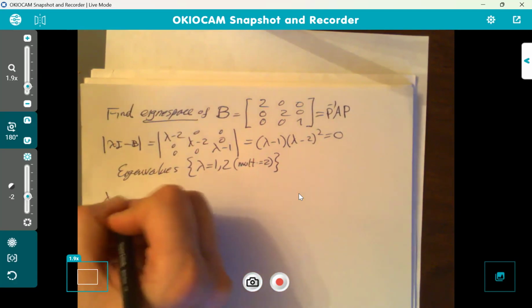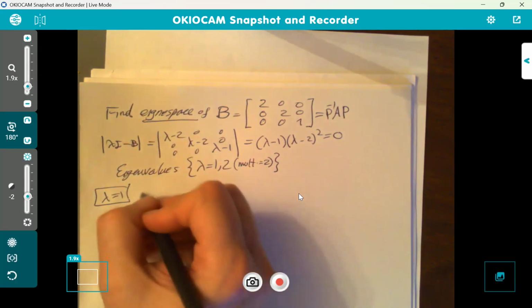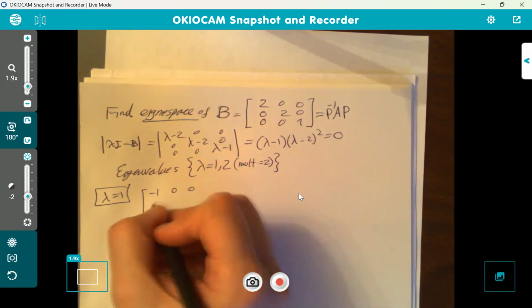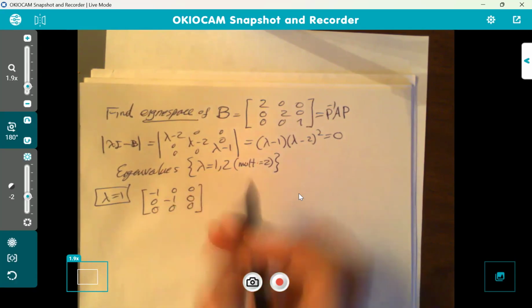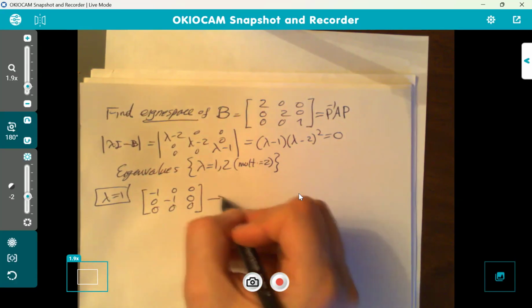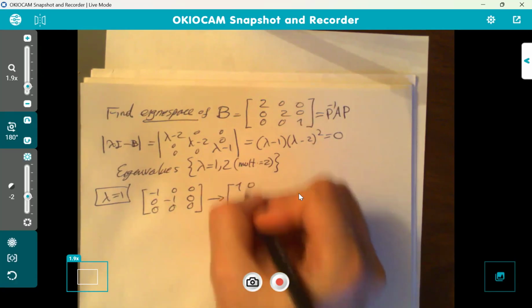Now let's go lambda equal 1. That's when you put 1, 1, 1 here. So when we do, look what we're going to get. We're going to get negative 1, 0, 0, 0, negative 1, 0, and then a row of zeros, right? That's 1 minus 1, 0. Now, this one, you do Gauss-Jordan, you're just going to lose the negatives, right? So you get